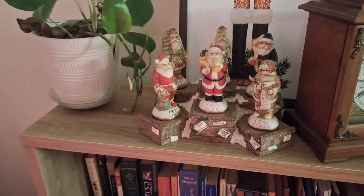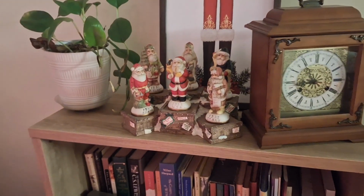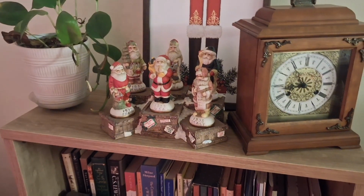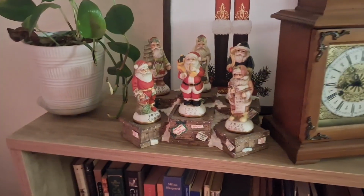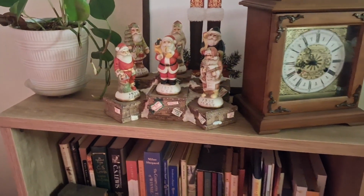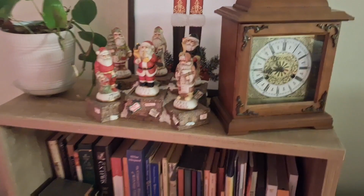And I love them. I'm not a huge Santa fan. Not because I buy into the whole idea that Santa's the devil and people worship him. I don't buy into that. It's just not really my thing, is what it comes down to. And it's been highly commercialized anyway. So there are other things I would just rather have around my house during Christmas, but I do love